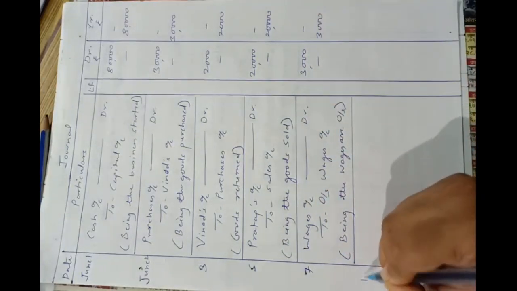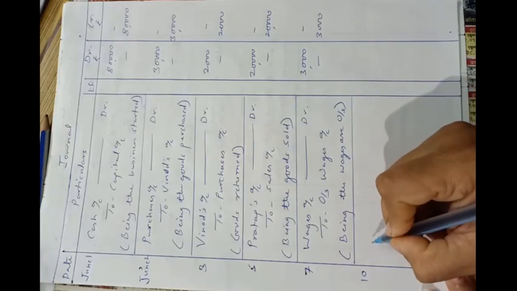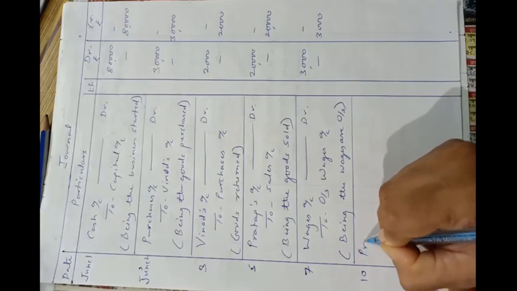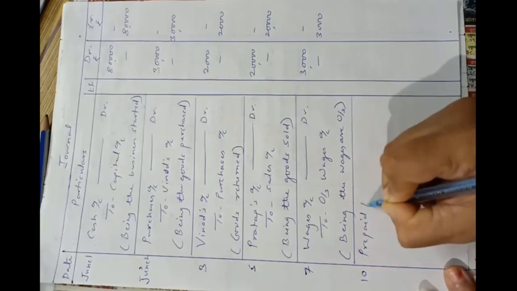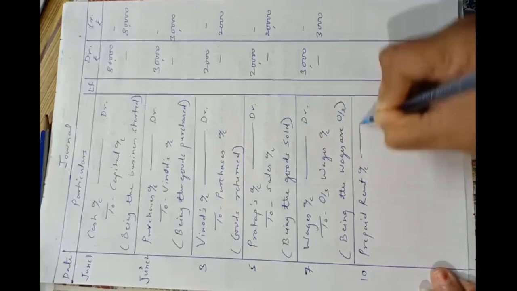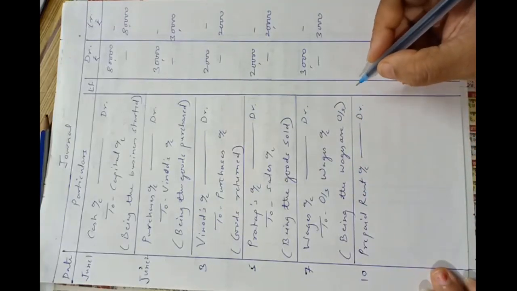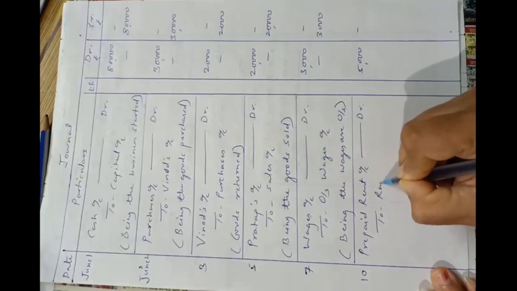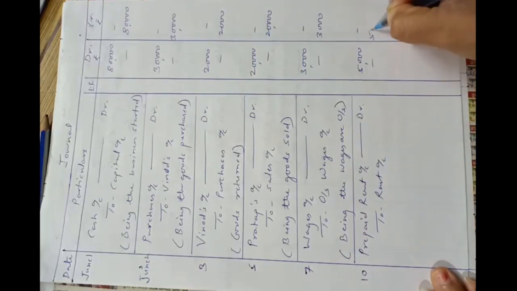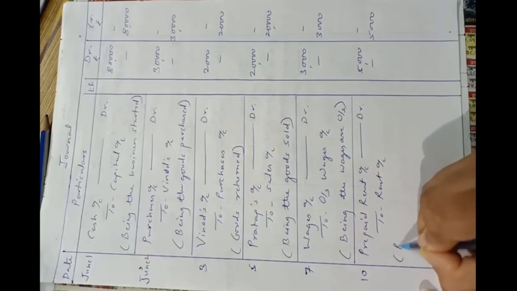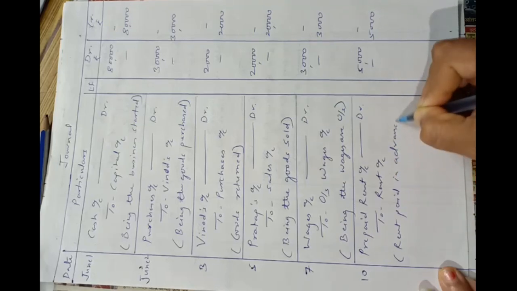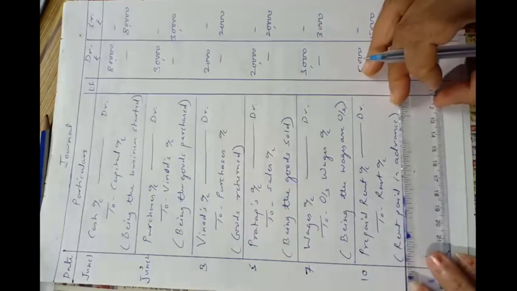Now the 10th, June 10th, the entry is of rent paid in advance, which is known as prepaid rent. So the entry will be prepaid rent account debit, amount is rupees 5,000 to rent account 5,000, rent paid in advance, or you can say rent prepaid. Okay,